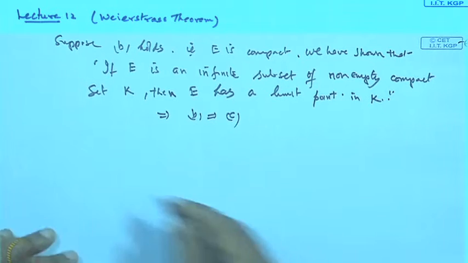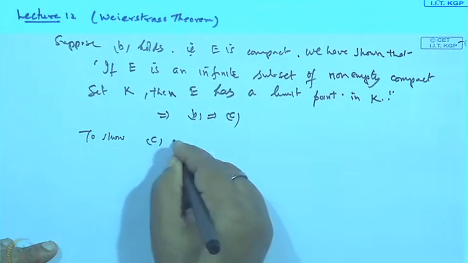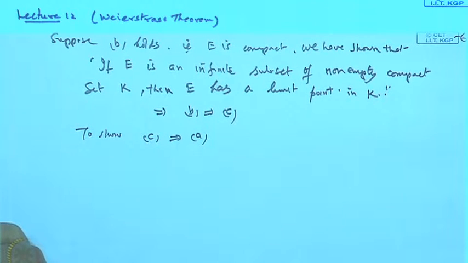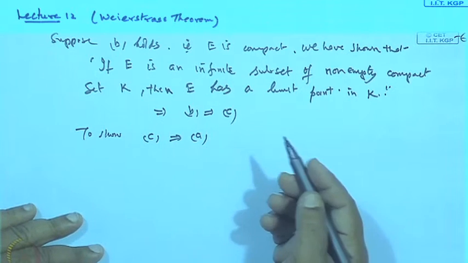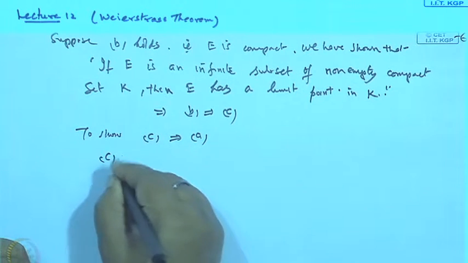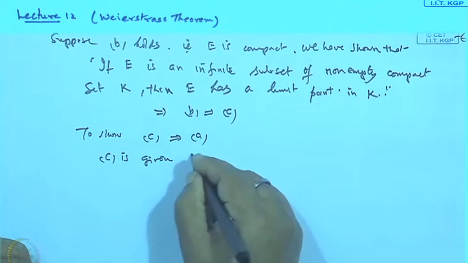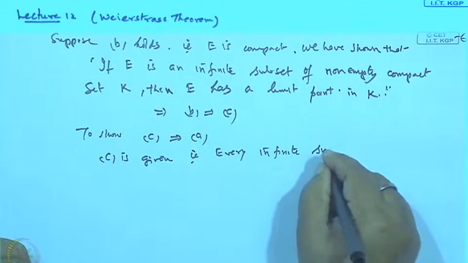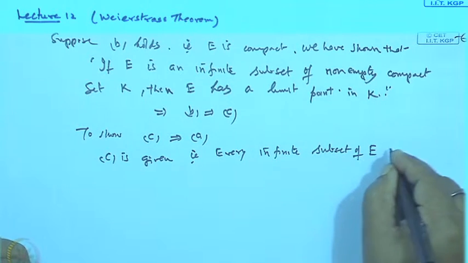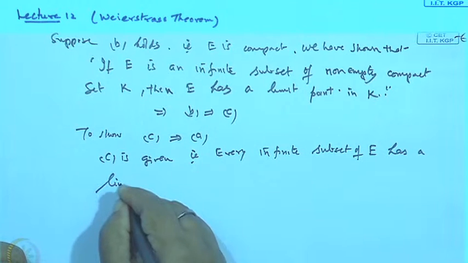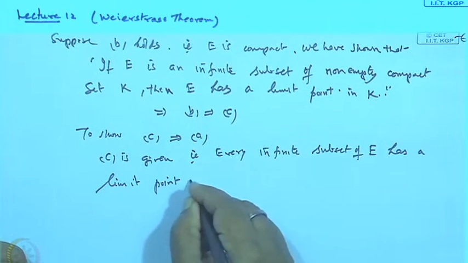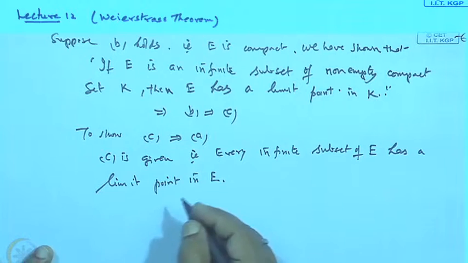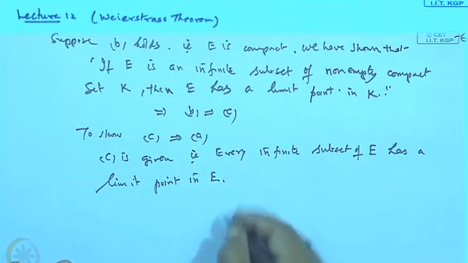Now, to show C implies A, we prove this by contradiction. Given that every infinite subset of E has a limit point in E. Okay. So, C is given, that is, every infinite subset of E has a limit point in E. This is given. Okay. So, we want to prove that E is closed and bounded, but suppose